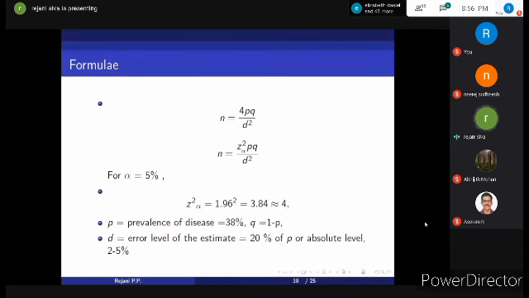And we have to explain that there are two types of errors, absolute error and relative error. If you are choosing the relative error, the usual value is 20% of P. You can go up to 30%. If you are choosing the absolute error, you can go up to 5%. So you are expecting this deviation from the real value. If you are expecting a percentage, the variable rate can be between 40.